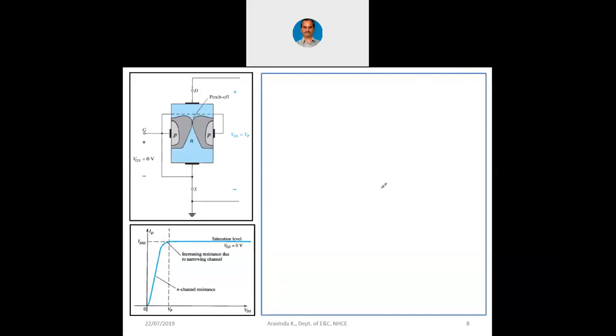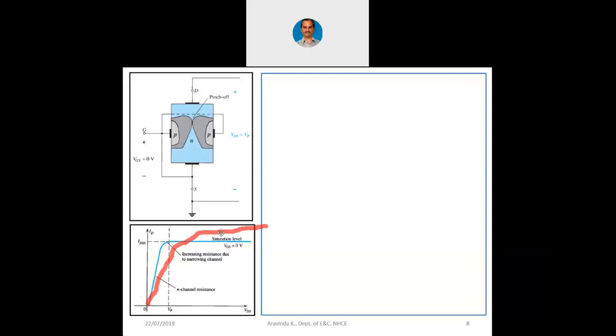Anyway, let me annotate and let me show you the difference. In case of BJT, current rises like this and afterwards current's curve becomes like this. In BJT also current becomes almost constant, but in BJT current does not become fully constant, because in BJT there is no pinch off at all. BJT is a current control device. So the collector current will not become absolutely constant, but in FET you can see the current becomes absolutely constant. In that way, FET is a better switch when compared to BJT. That is the idea here.